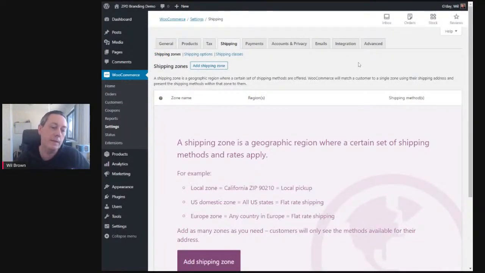Shipping. Shipping is a pain. It's probably one of the biggest pains of people for setting up a shop that sells physical stuff, because you want to make sure you get the shipping right. So shipping